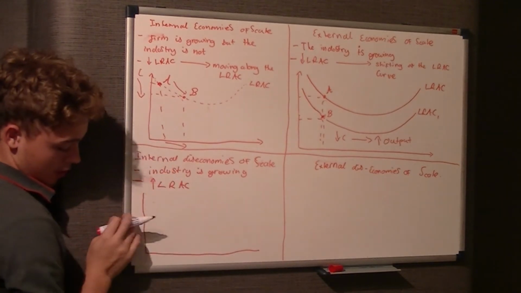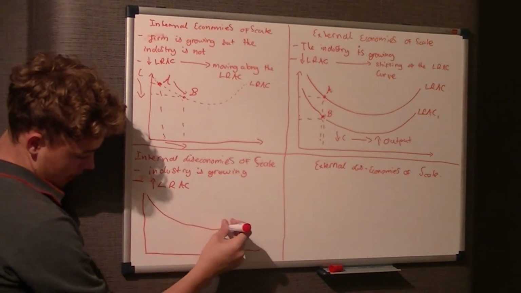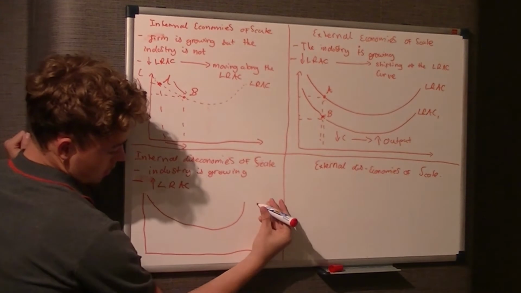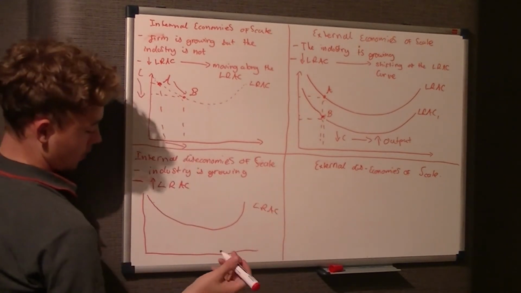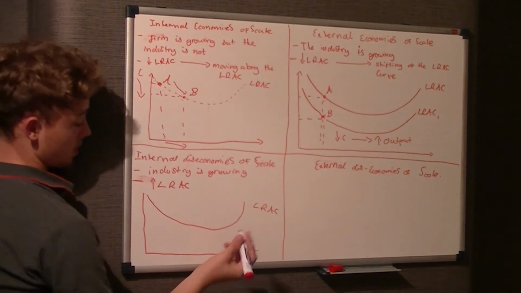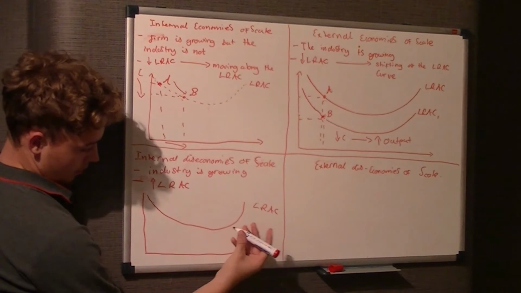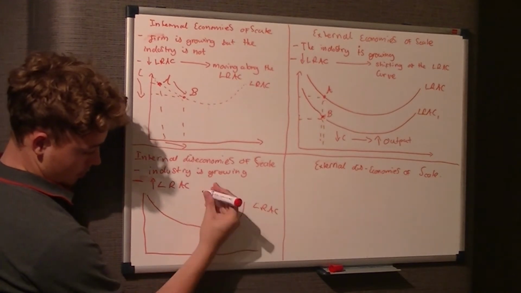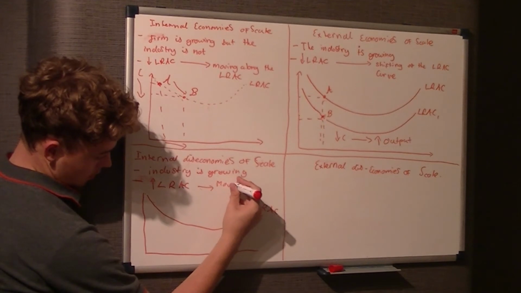So, assuming there's going to be cost here and output, I don't need to write that again. I'm just going to draw a long run average cost curve. Again, this is not going to be perfectly accurate because, A, you've not got a ruler, and B, I'm not in an exam at the moment, so it doesn't matter. This is going to be perfect. And we said the long run average cost is increasing, and there is a movement